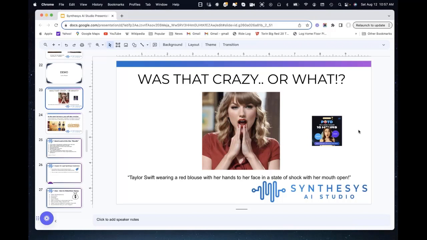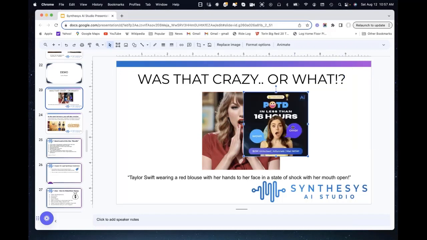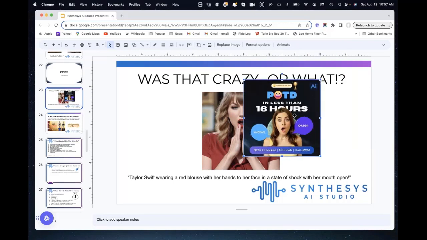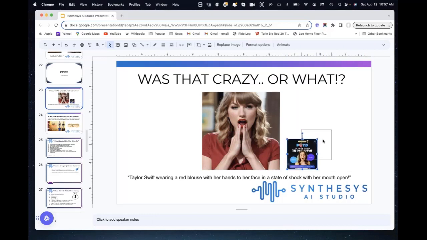Why did I do that? Well, other JV partners, as they're called, other colleagues of mine, when they have a launch, they do something just like this picture that you see right here. Girl looking surprised, girl pointing, girl doing this, girl doing that. And sometimes man doing this, man doing that. And I said, what if I could just type that so I don't have to buy all those stock images? And that's exactly what I did here with this Taylor Swift image.